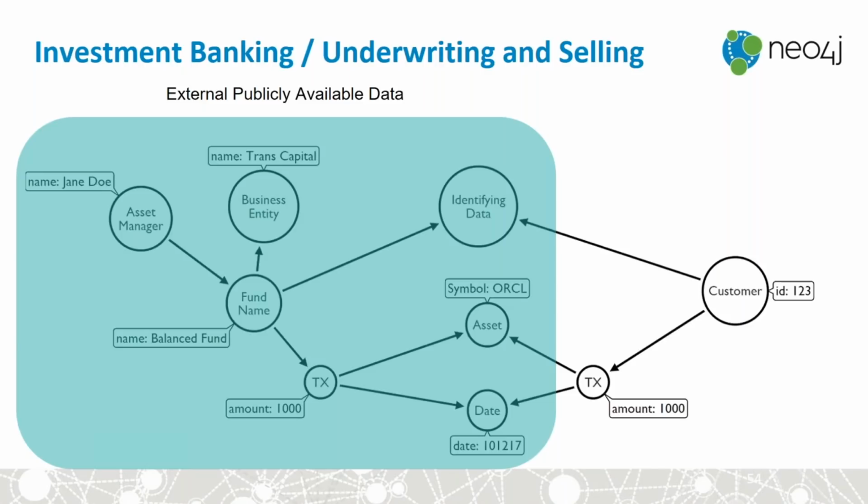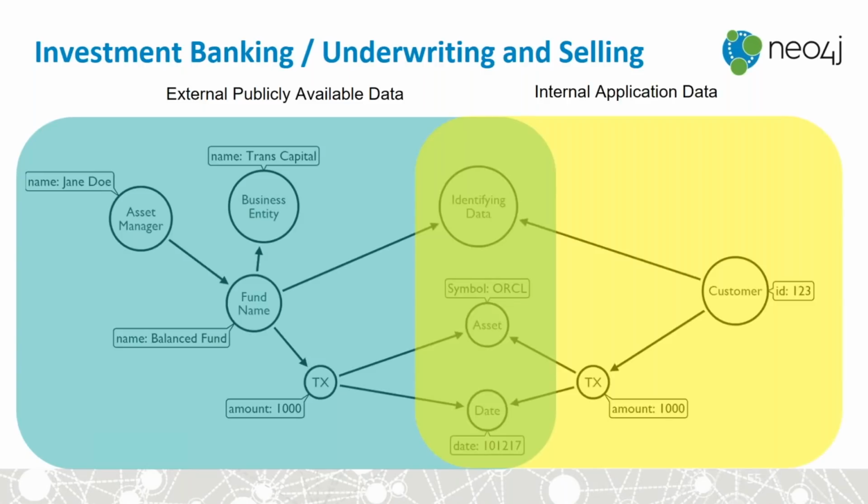And then we need to load all the internal application data. And what happens is these things match up. You find links between the two. So I can traverse from this internal customer ID, with, let's say, specific bits of PII, with transactions that match the same symbol. I can traverse from a symbol on a date with amounts to information that's collected externally that helps to clarify. So by combining these two and doing traversals and using link analysis, the investment bank is able to say, I believe, with some degree of confidence,